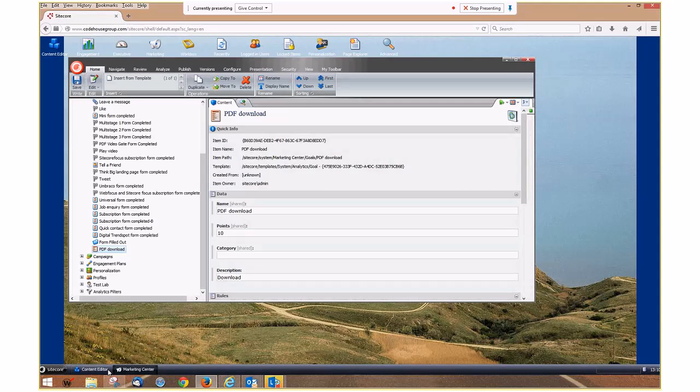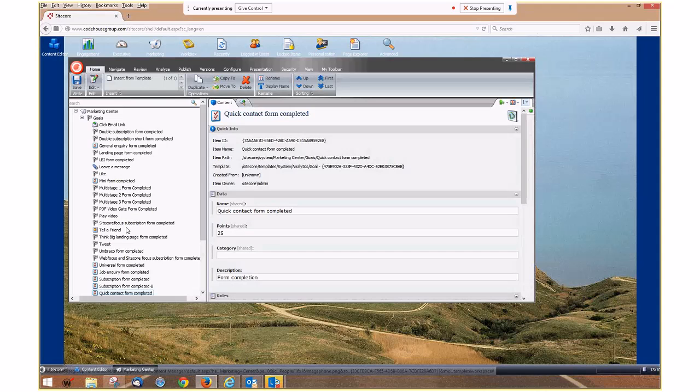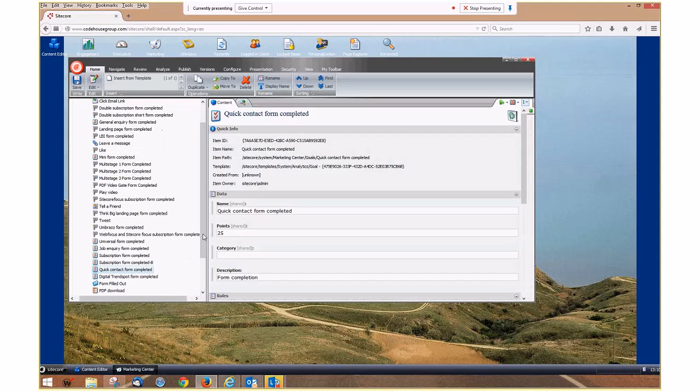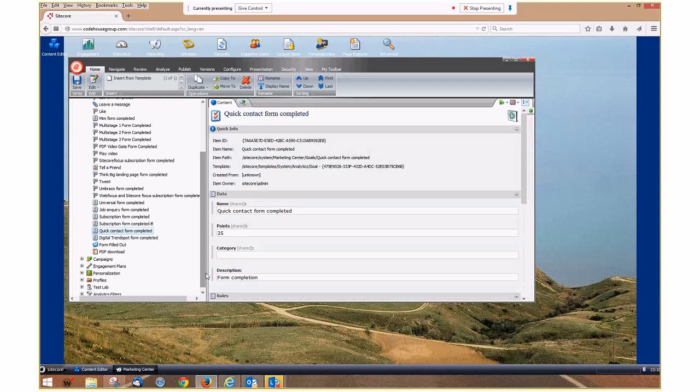But here's the PDF download, and we've said a PDF download is 10 engagement value points, EVPs, Sitecore call them. Whereas someone filling out the quick contact form, we say that's 25 EVPs, because downloading a PDF, yeah, everyone does that. You go to visit a site, you see something of interest, you download the PDF. But if you're filling out a form, that takes a bit more time, it shows a bit more engagement, therefore we give it